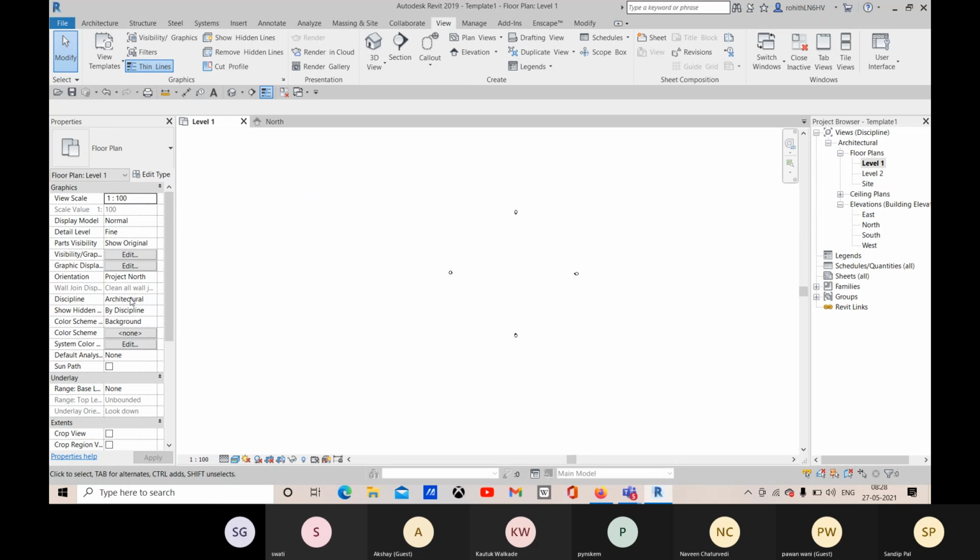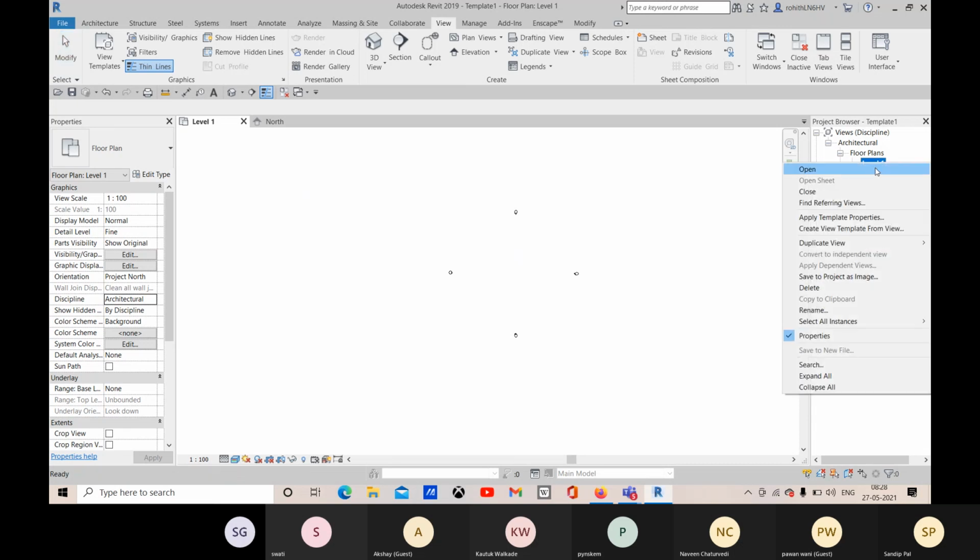All right, so here you see this is set to architectural. You can choose structural also, so it will be added to the structure. I don't want this to move to the structure, but I want another level 1 that will be added in the structural discipline. So for that, what I can do is go with duplicate view.